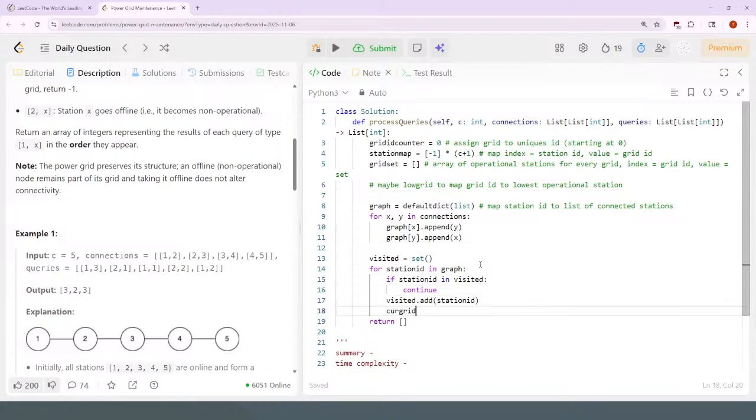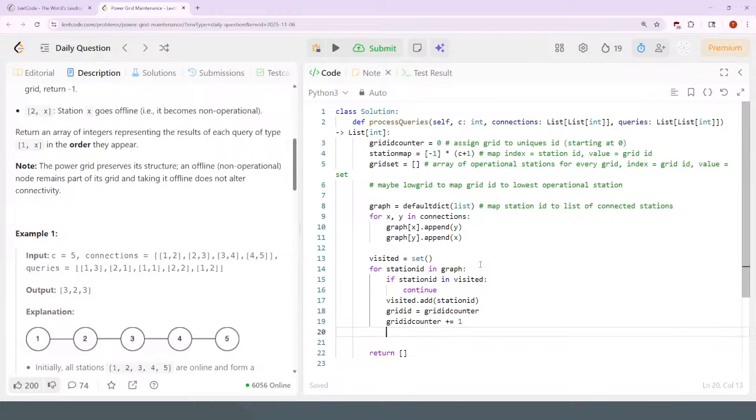So current grid should be grid ID counter. Grab that, and then grid ID counter should increment. Maybe I should call that grid ID. So if this is like grid ID 0,